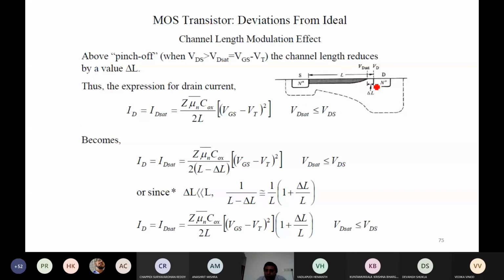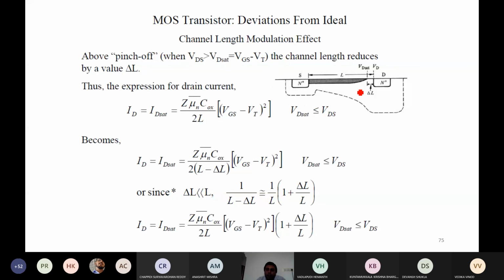So the rest of the region is the pinch off region, and on this side there will be channel. In this case, the channel is up to here, and the other portion is a pinch off region, which has length delta L. So in the pinch off region, the length is delta L. If you further increase VDS, this delta L will increase, and it will cause some effect. And I have told that if delta L is comparable to L, if delta L is nearly equal to L, in that case